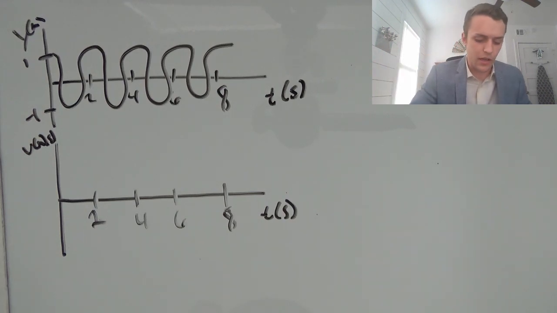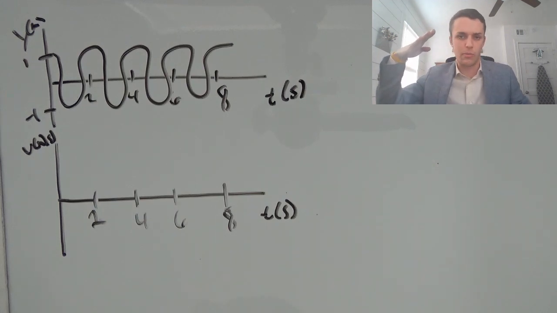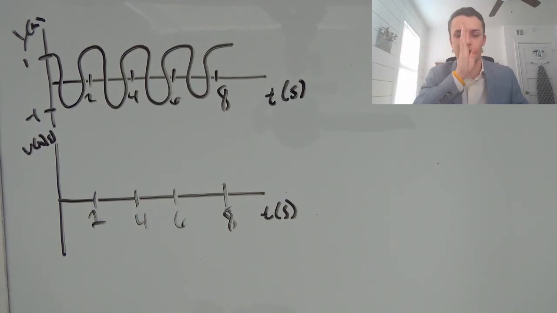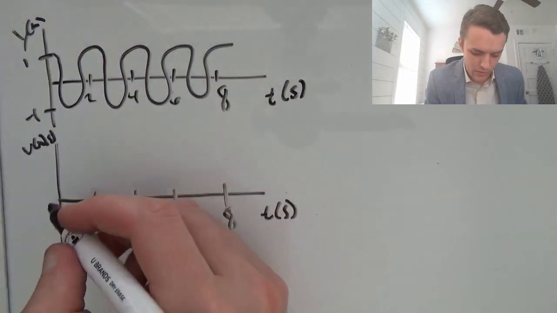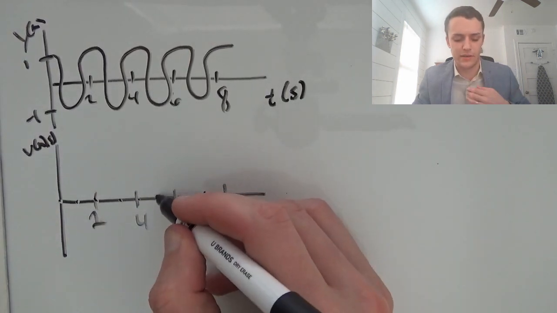So again, the peaks, the tops and the bottoms on the position graph, correspond to when the pendulum is at the end. When it swings there, that's either positive or negative depending on which way is positive, right? It swings out, stops for a moment, and then swings the other way, stops for a moment, swings the other way. So at each of these peaks, once again, there should be 0 velocity, because that's when it stops and then changes direction. So at 0, 1, 2, 3, 4, 5, 6, 7, and 8, we should have 0 velocity,